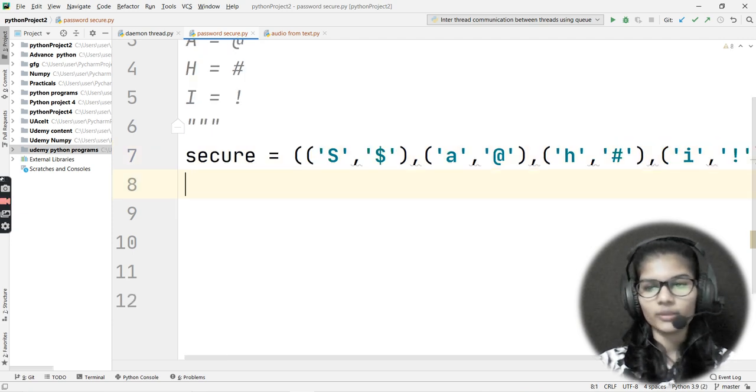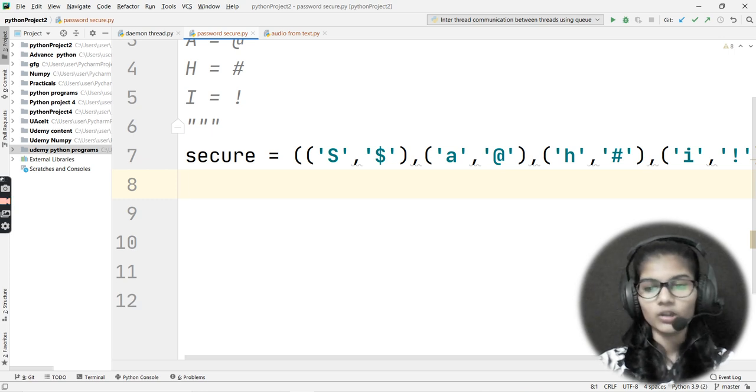These are some common replacements, because S is similar to the dollar, A is similar to the at the rate, H is similar to hash, and I is similar to the exclamation mark.